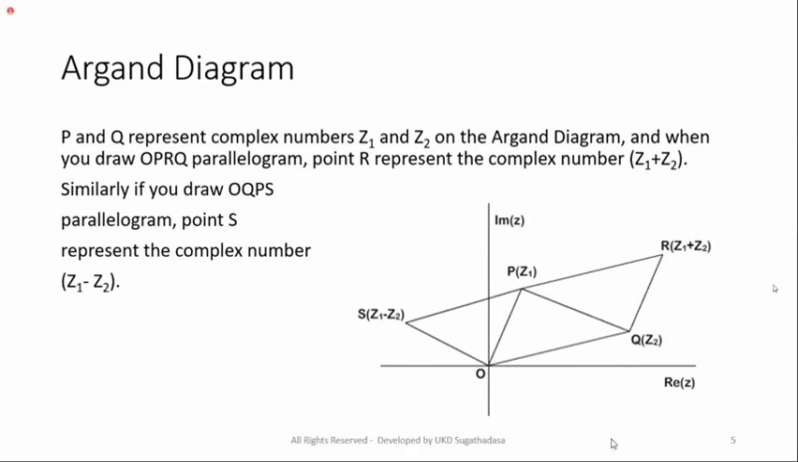The P point represents the complex number Z1. The Q point represents the complex number Z2. Remember, O is the origin, right? O is the origin. If you complete the parallelogram here, in this parallelogram,